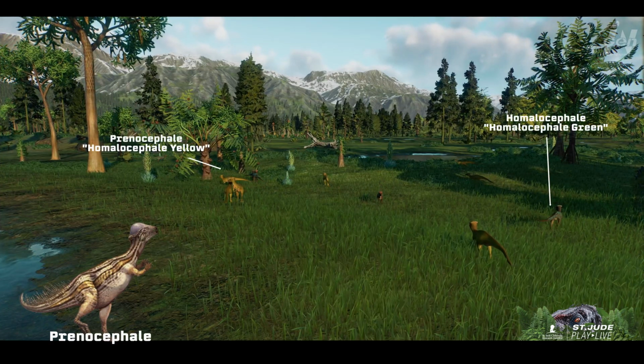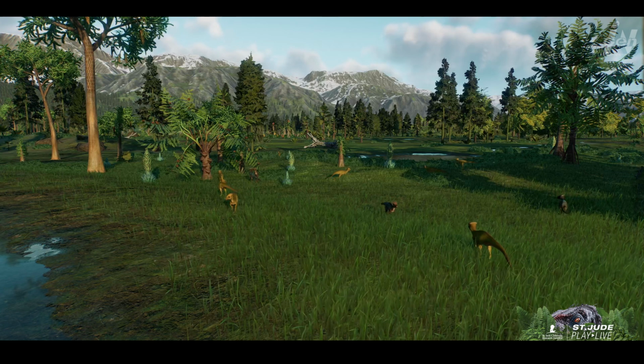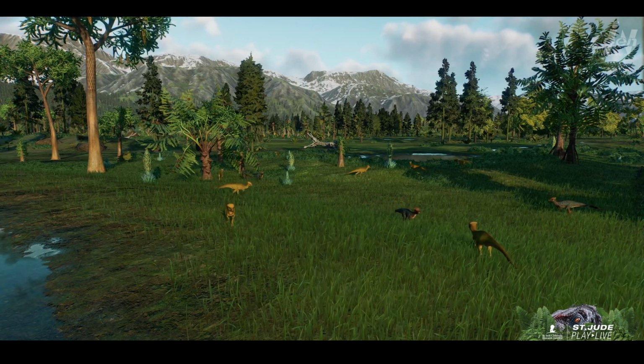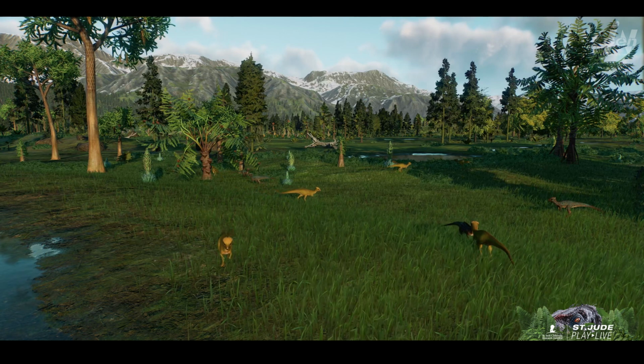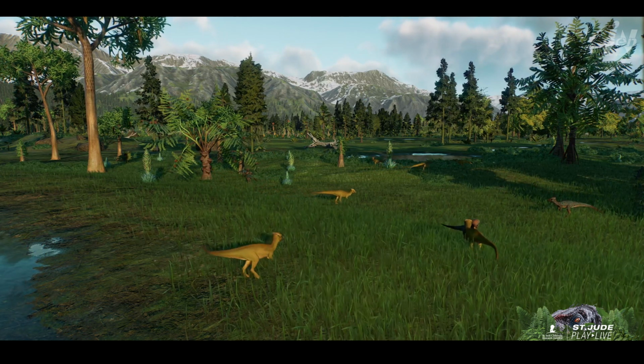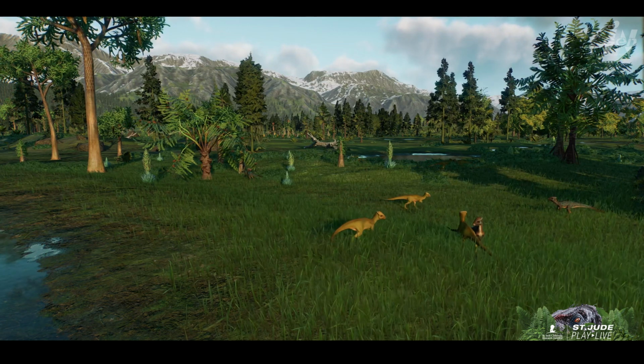Pachycephalosaurs, including Prenocephale and Homalocephale, were small bipedal herbivores known for their thick dome-shaped skulls. These skulls may have been used in social interactions or mating displays, similar to modern-day bighorn sheep. They likely grazed on low-lying vegetation and were agile enough to evade larger predators while using their head for defense